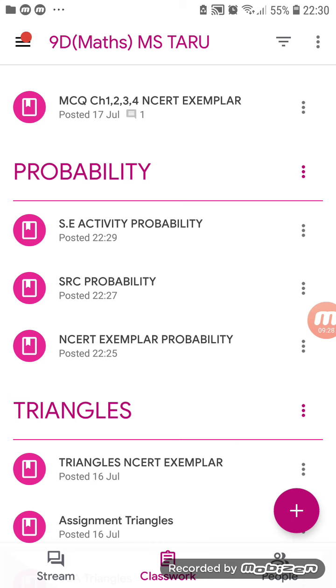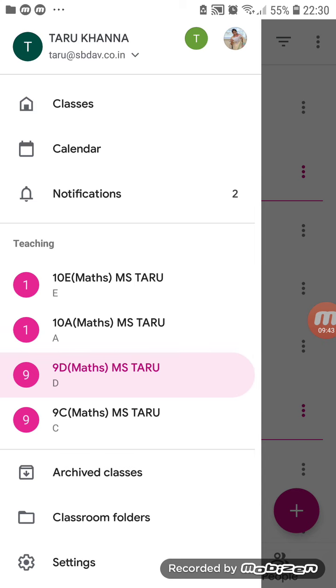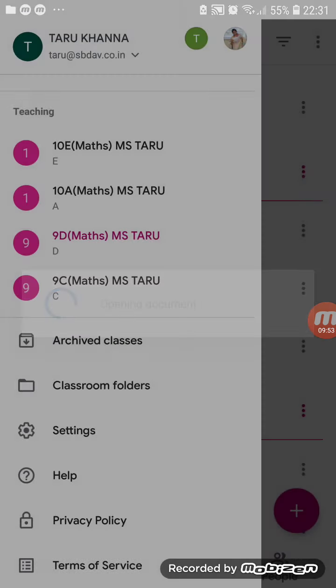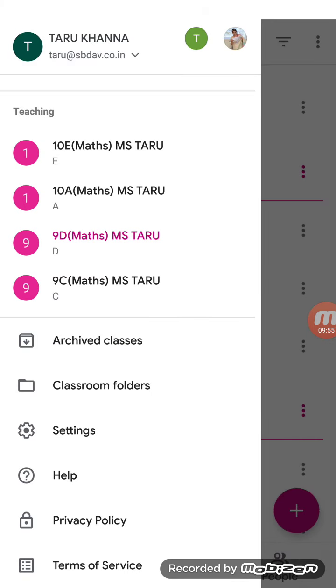And one more important thing is, whatever study material we keep on posting, it gets collected in our drive also. On the left hand side at the top corner, you can see 3 lines are over there with a red circle. I will click upon that. Then I have these classroom folders written, that is archived classes and classroom folders. I will go on classroom folders, click upon that, open the document. You will see